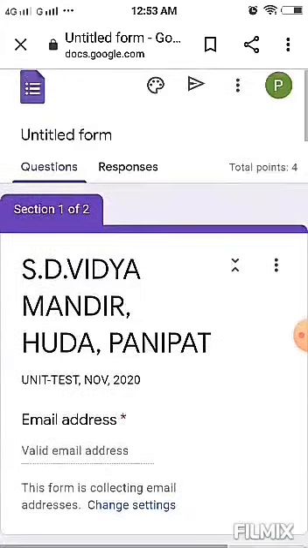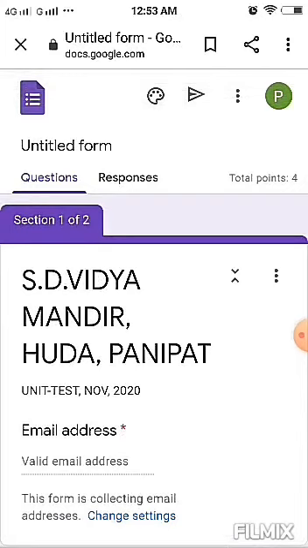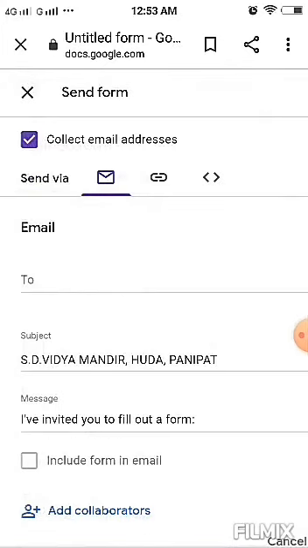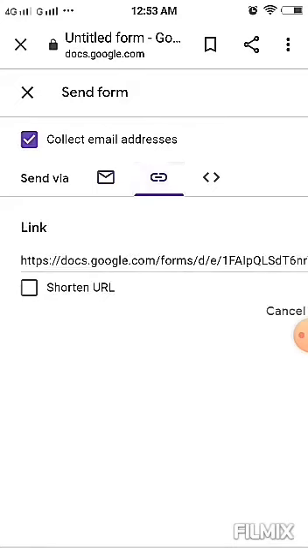After it, how will we send this question paper to the student? You can see one arrow button at the top of the window. Click over it. There is a send via option. You can see 3 symbols against it. Choose the center symbol. It will create a link for you. This link is too large.